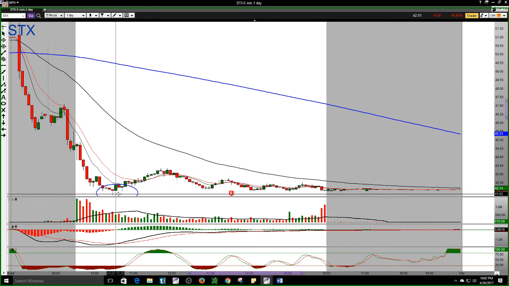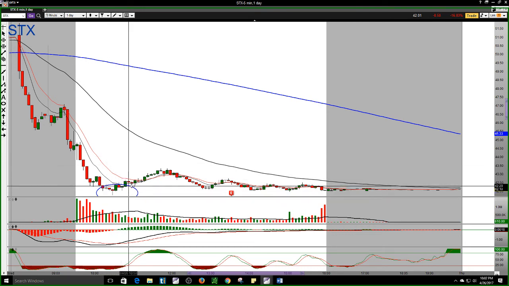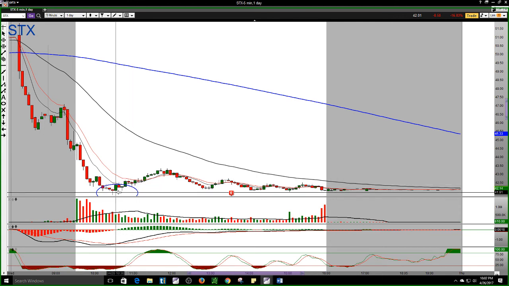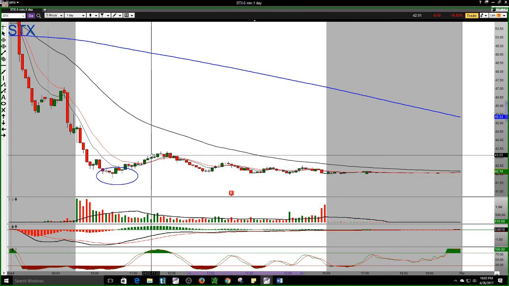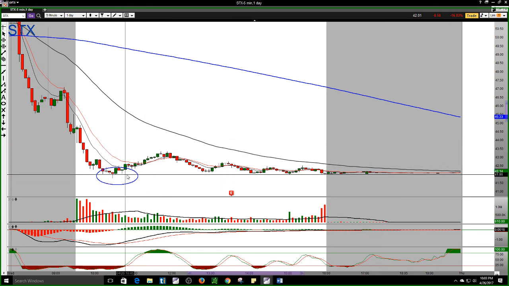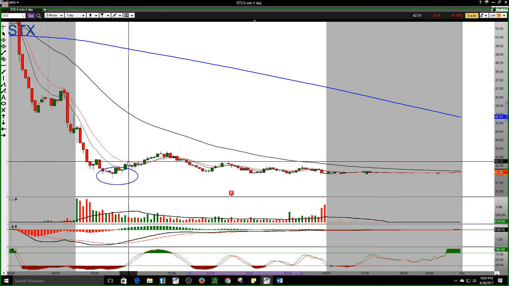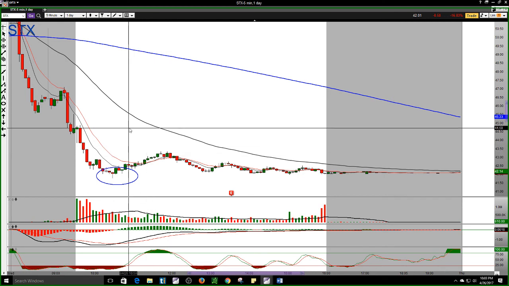I did the bounce again at $41.85, which actually worked out to be almost the bottom. And I got my paycheck on this one a lot later. The reason why is because at 10:30 I usually go get my daughter, and so I never got to take off the money right away. I came back and my paycheck was actually worth a full dollar on this one, and so my daughter actually made me some money today on this chart because I didn't get to take off that 25 cents. I just kind of let it ride, and so I ended up getting a full dollar on my paycheck,